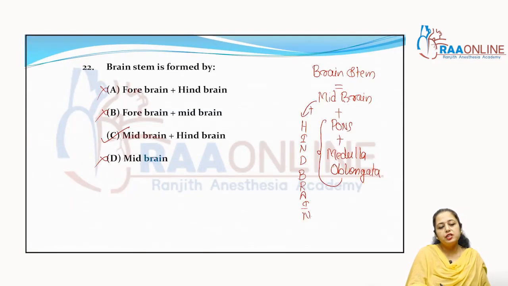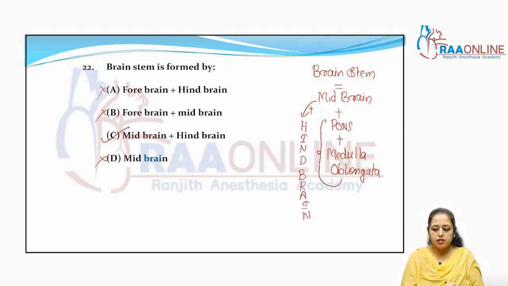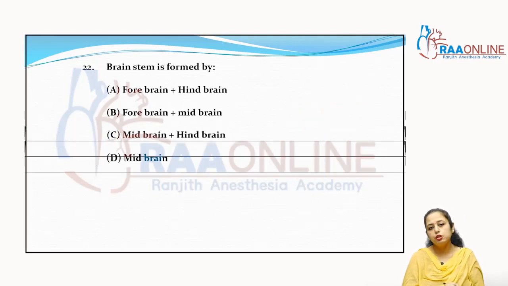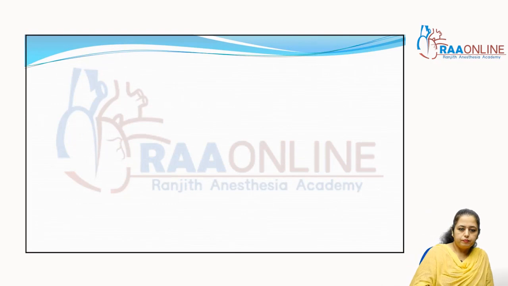As we know, the forebrain is divided into three parts: the cerebrum, olfactory lobes and the diencephalon. The midbrain is known as the mesencephalon, which extends from the pons to the diencephalon. The anterior portion of the midbrain carries the cerebral peduncles, and the posterior portion